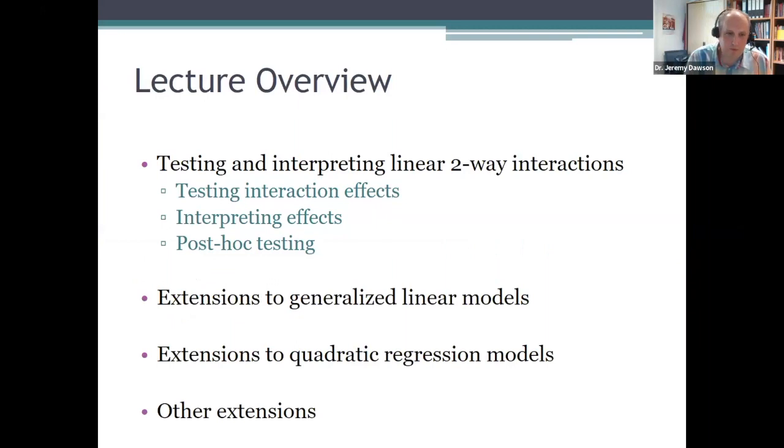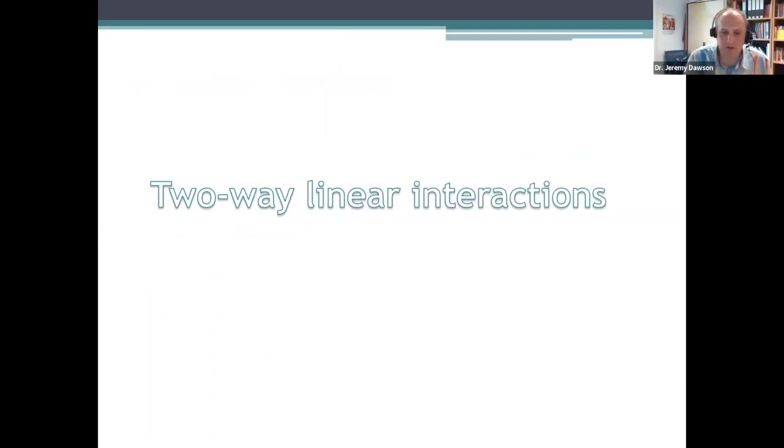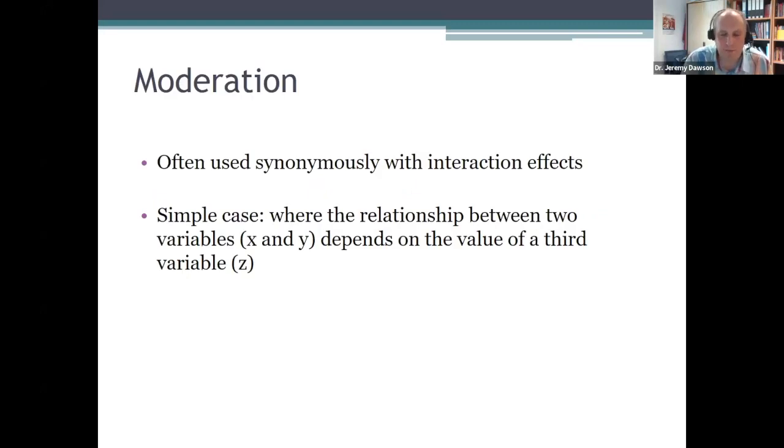So we'll start off by looking at these two-way linear interactions. Many of you will be familiar with testing linear interactions. You will almost certainly have read work which does it, whether or not you've actually tried it yourself. But it's probably just worth saying to begin with, we often use the term moderation. It's often used synonymously with interactions to talk about these type of effects, and broadly, it's the same type of thing, although there is a slight difference between them, in that moderation describes how a relationship between two variables, x and y, normally, how that would be affected by a third variable, which we'll call